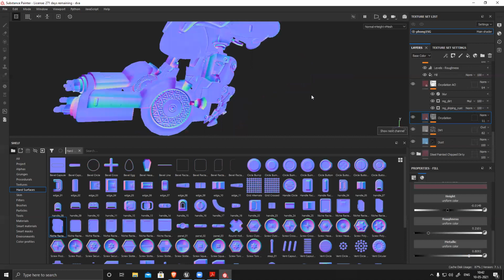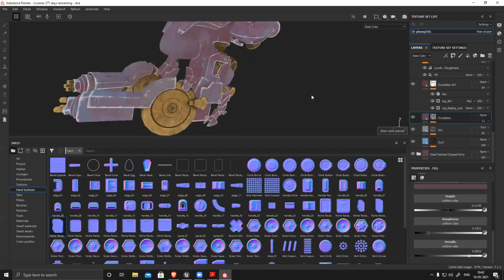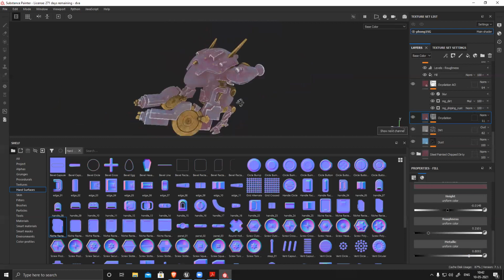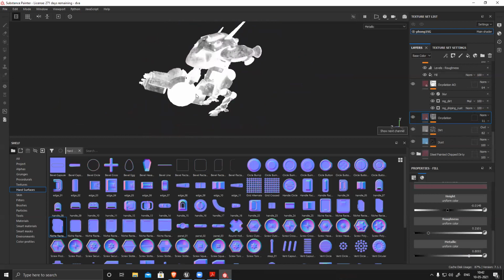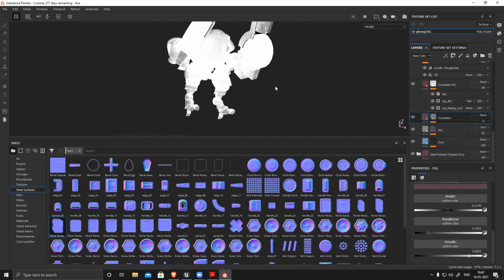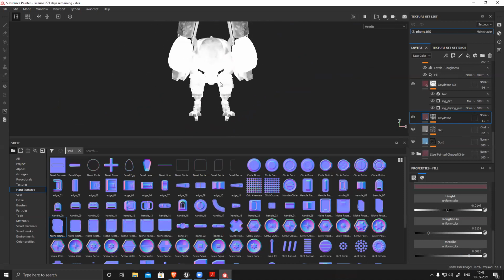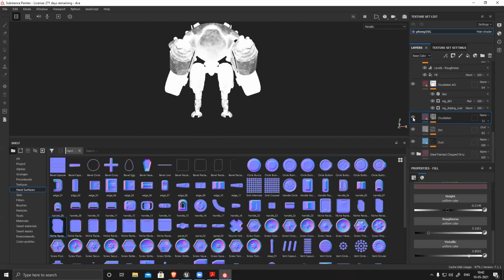See. Yeah, diffuse looks fine. Now you can see the variations. Roughness looks fine. Metal, I can see clear separation: full metal, non-metal parts. But the only thing I can see is these parts are super white.